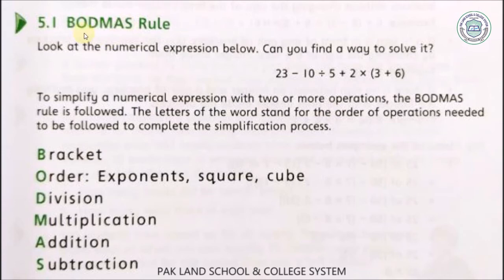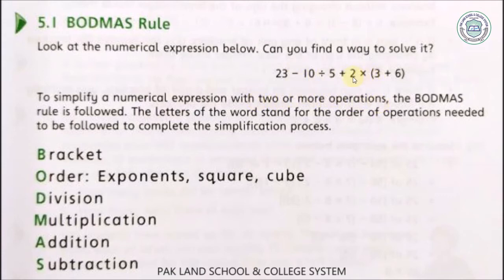In simplifications, the BODMAS rule. Look at the numerical expression below. Can you find a way to solve it? 23 minus 10 plus divide 5 plus 2 multiply into 3 plus 6, bracket closed. To simplify a numerical expression with two or more operations,